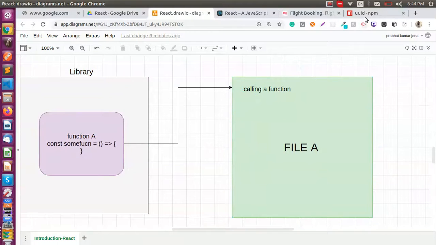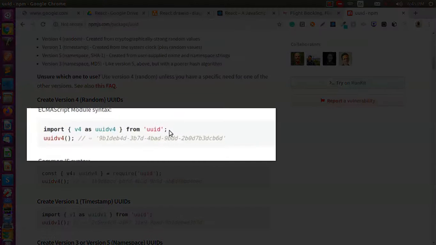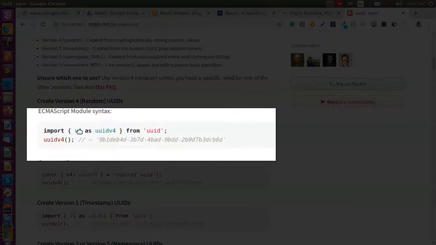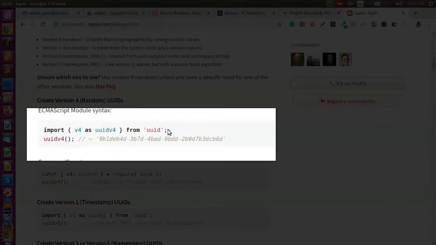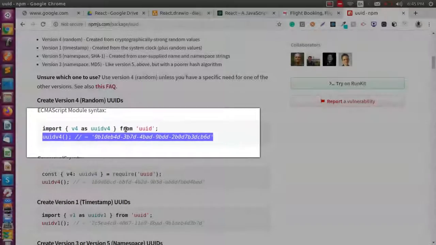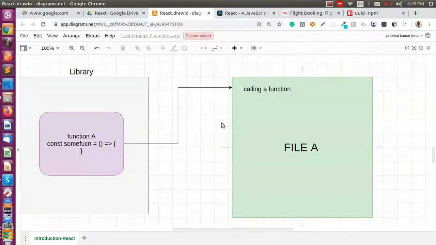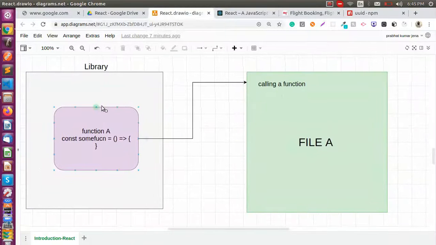For example, this is an npm package known as UUID. This is a library. We are importing the library into our program and calling that function, and the only objective of this function is to give us a unique ID. So here we are in charge. When we need it in our file, we call that library.